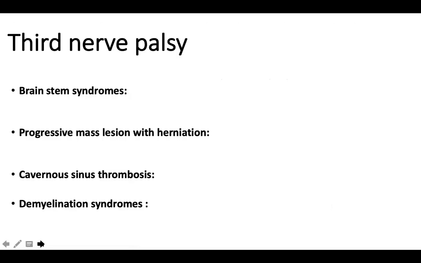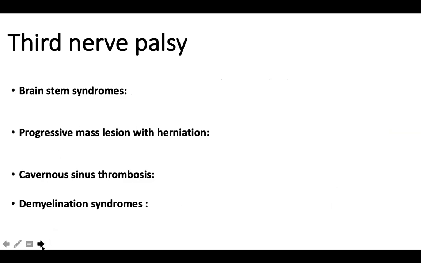So third nerve palsy has multiple localizations. One of the localizations I told you is at the level of the cavernous sinus, where the third nerve, fourth nerve, fifth nerve, and sixth nerve all pass close, abutting your internal carotid artery. The other location is your brainstem. So your third nerve syndrome can be involved in your brainstem lesions, okay, but a brainstem syndrome classically will have